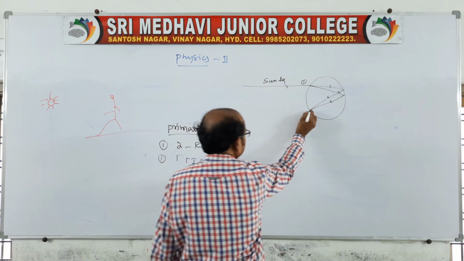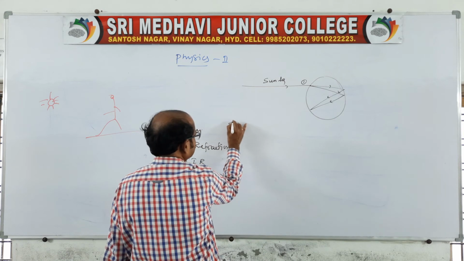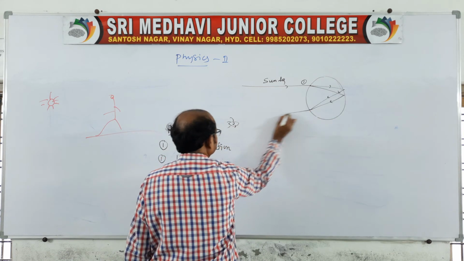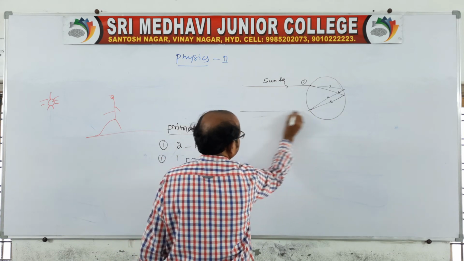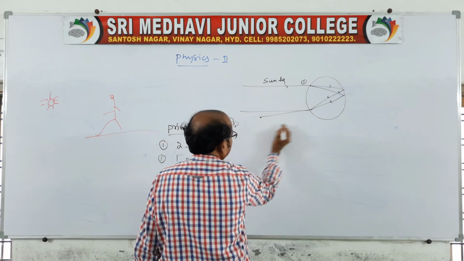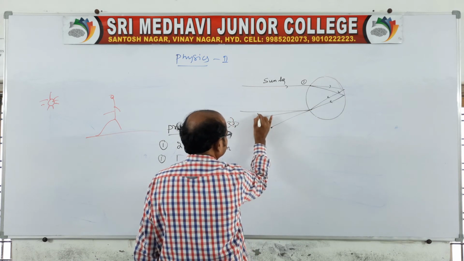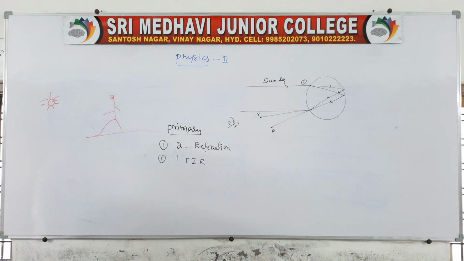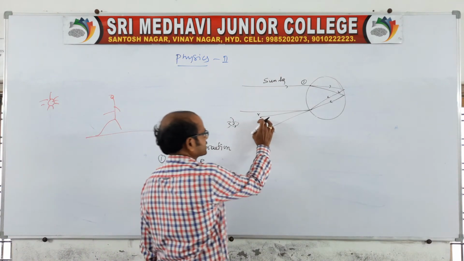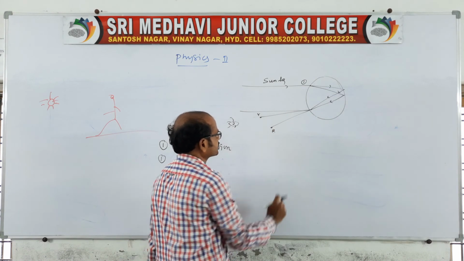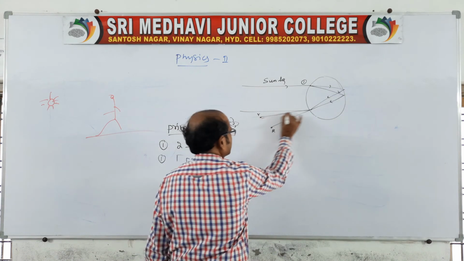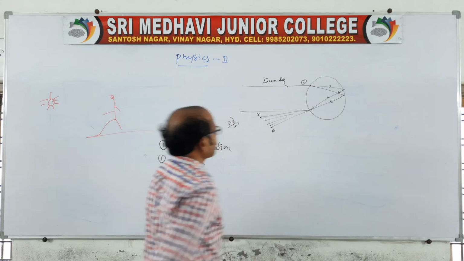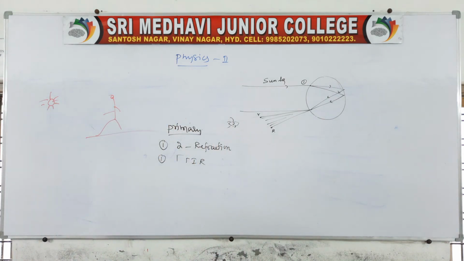Therefore the light comes out, and when the observer is here, observing like this, he may observe the rainbow like this. Yes, there will be a violet color and a red color. Violet is inside and red color is outside, and the remaining colors are adjusted in between the violet and red color, which is how we see the rainbow.